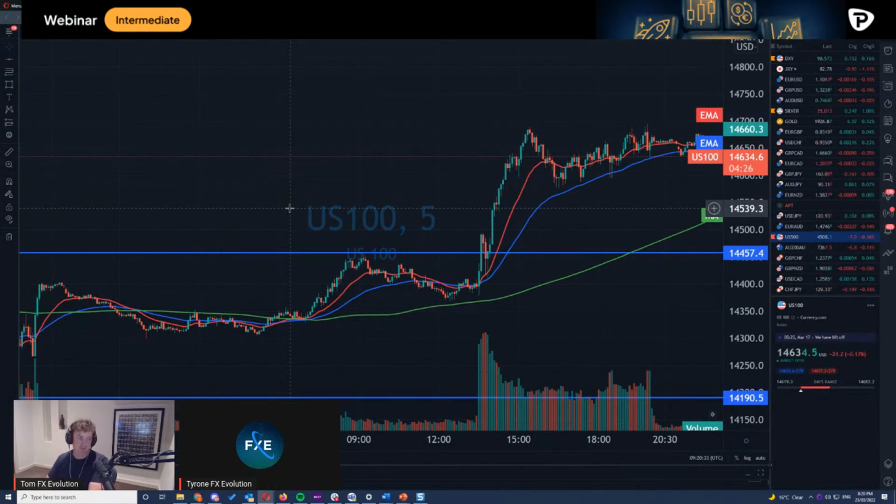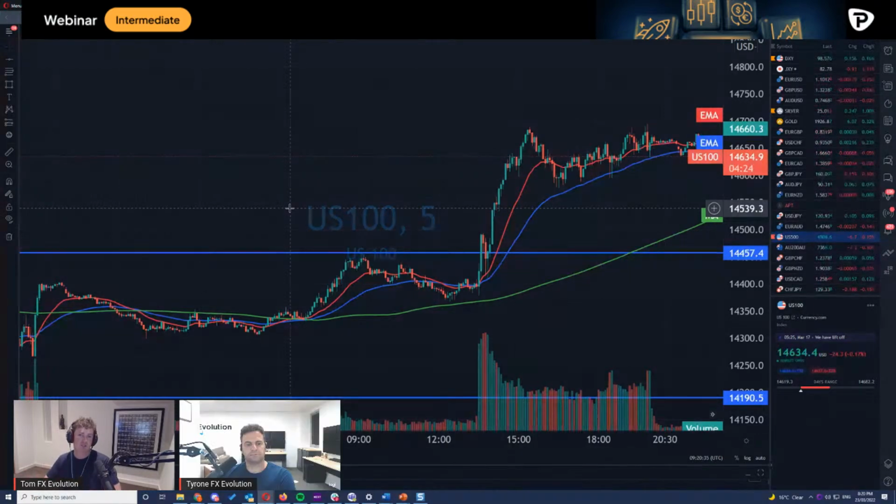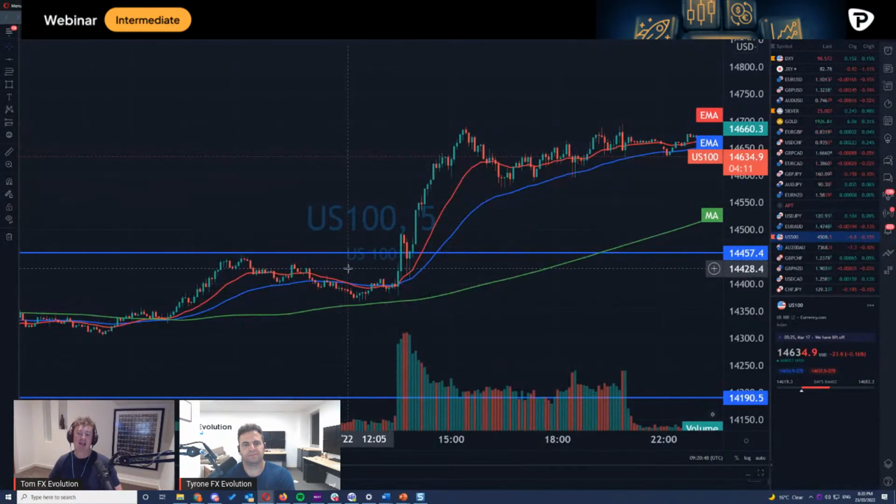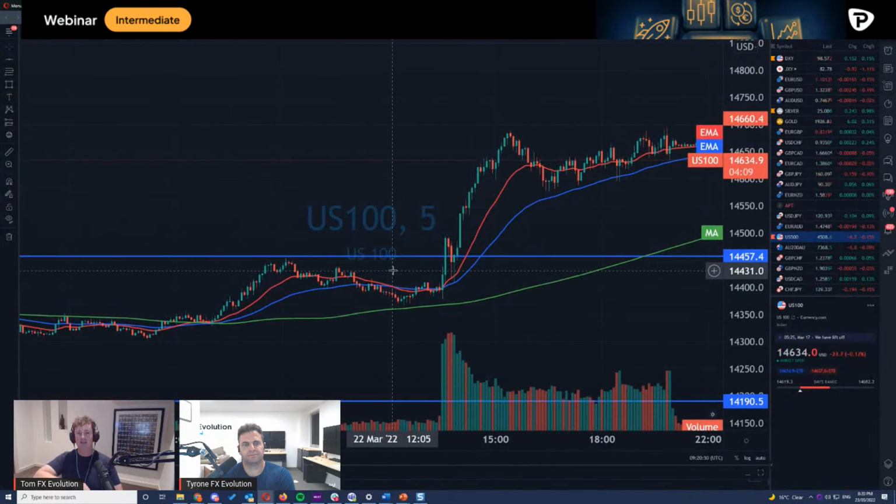Volatility equals traps, Ty. That's what it equals. It always brings traps. And I can't think of any greater time than when we're going down the line of volatility to think, okay, we're probably going to see a ton of traps that attack the retail mindset. That is, it goes off in one direction, reverses, and then reverses off, or it goes in one direction heavily, sells off, scares you, and then moves through. Anyone that's been trading any of the markets at the moment would know that there's plenty of traps, and you don't really want to be going against the trap if you can help it, do you, Ty?